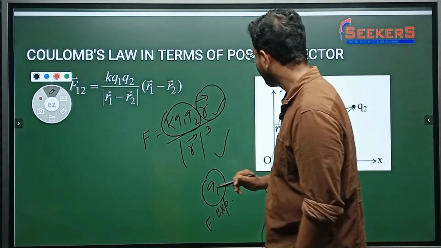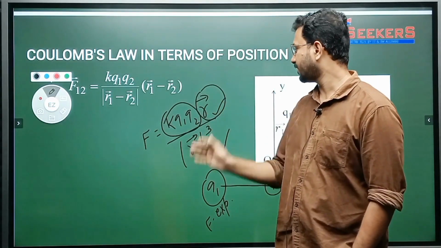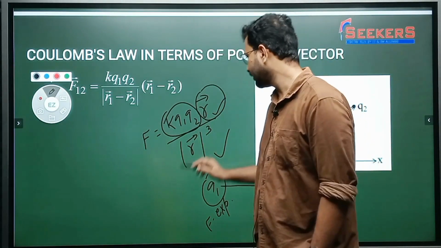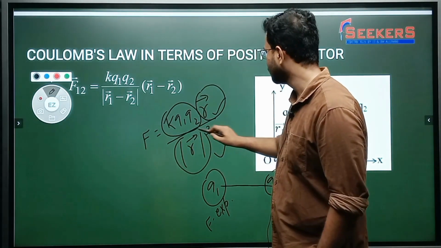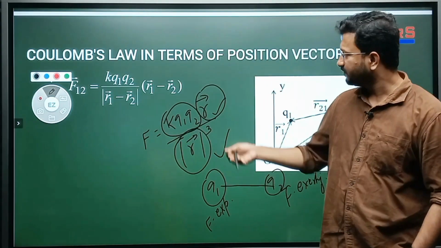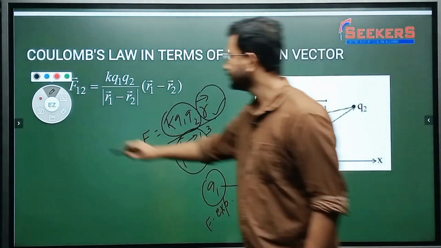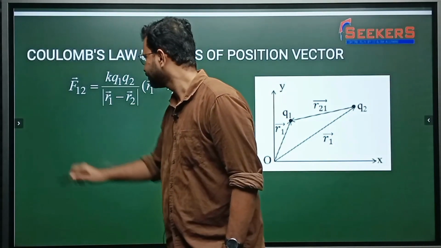So this R is basically the position vector of force experiencing particle with respect to force exerting particle, and small r is the magnitude of this position vector. So this will not give you only the magnitude. This will give you the direction of the force also. Okay, going forward,